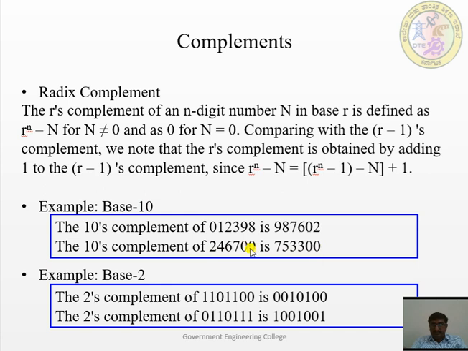See here, the first two zeros are there, so they have been kept the same. The next number is 7, so 10 minus 7 is 3. The remaining bits are subtracted by 10 minus 1, that is 9. Then 9 minus 6 is 3, 9 minus 5 is 4, and 9 minus 2 is 7. Getting it? The only thing is, we should subtract the first bit by the base value, and the remaining bits by the base minus